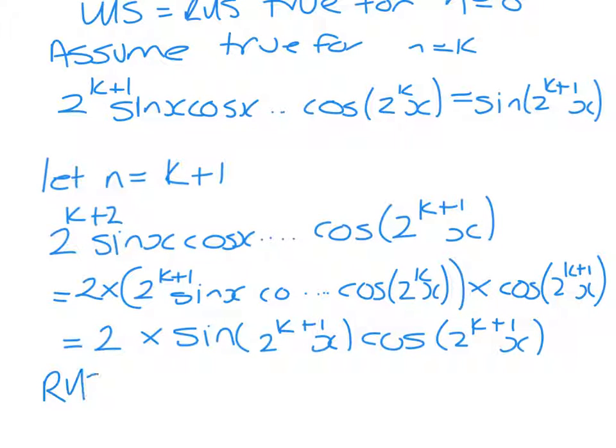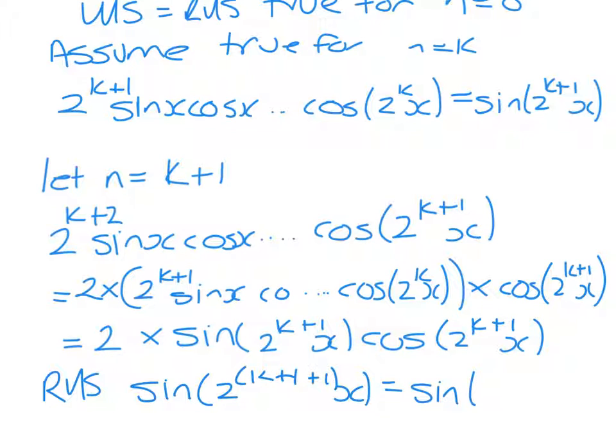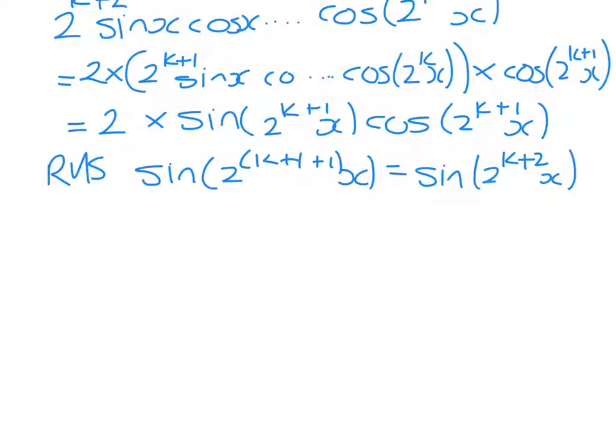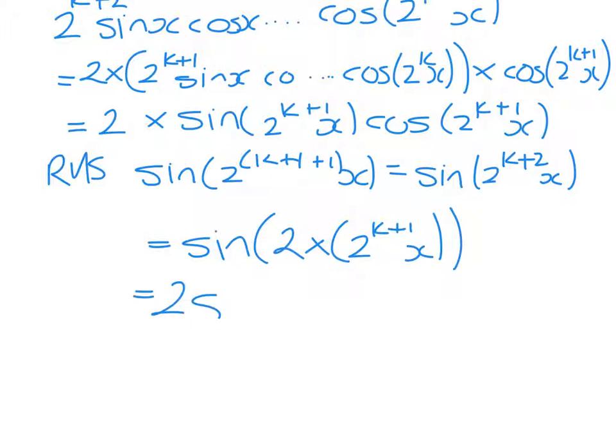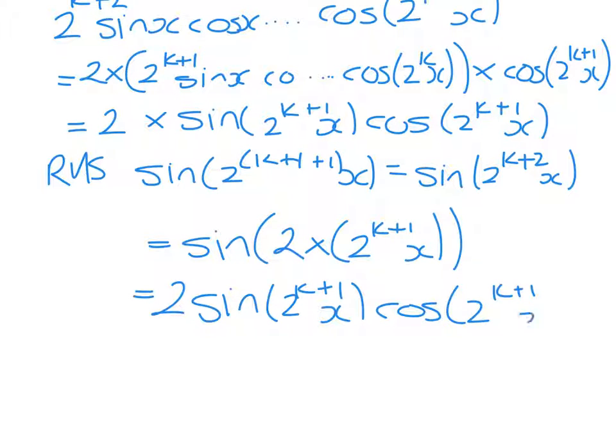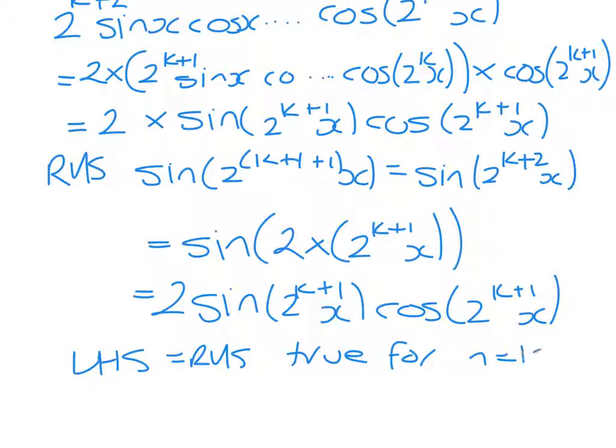If we then take the right hand side, it would be the sine of 2 to the k plus 1 x, which is the sine of 2 to the k plus 2 x. And if we rewrite this, that is the sine of 2 times 2 to the k plus 1 x. So we have a double angle, which we know is 2 sine 2 to the k plus 1 x cos of 2 to the k plus 1 x. Left hand side equals right hand side, true for n equals k plus 1, hence by induction